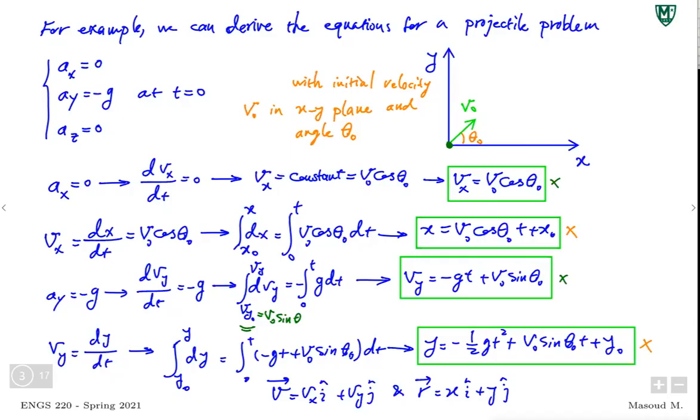All right. So let's take a look at a couple of examples for projectile problems, and we'll take it from there. All right. So first example,